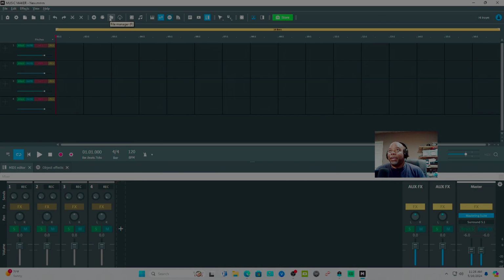VST Instruments, which we did last. File Manager, downloads, right? When you get Music Maker, they let you download loops. You create stuff. What's this? Randomized Beatbox Pro 2. I never use. Song Maker AI. I never use. The keyboard, which you can't see, the one I got down here.